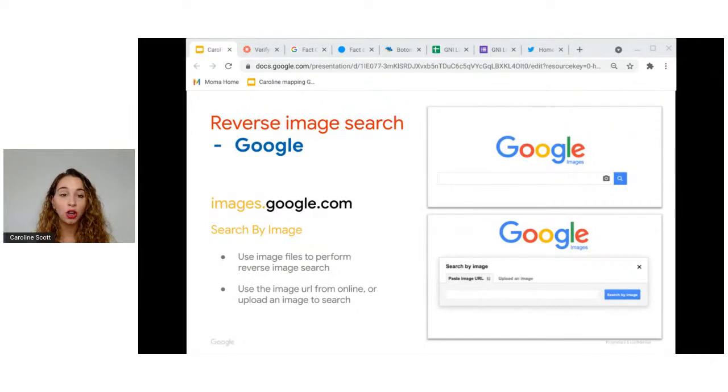Now, the first is Google Image Reverse Search. So using Google Images, you can perform this reverse search really, really easily. You just upload your own photo, or you just copy and paste the URL into the bar. And basically, Google will take that image that you've got and it will compare it to the images that Google has indexed from the web. Okay, so it's not every single image in the world, but it is one of the largest databases in the